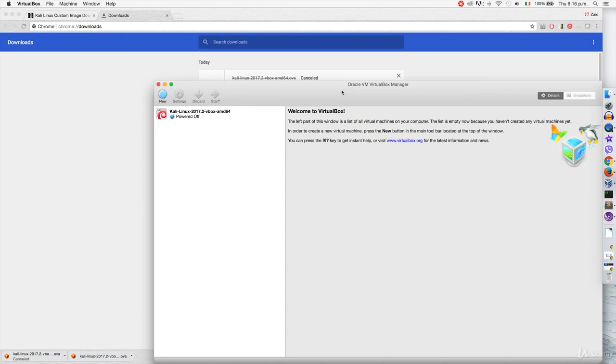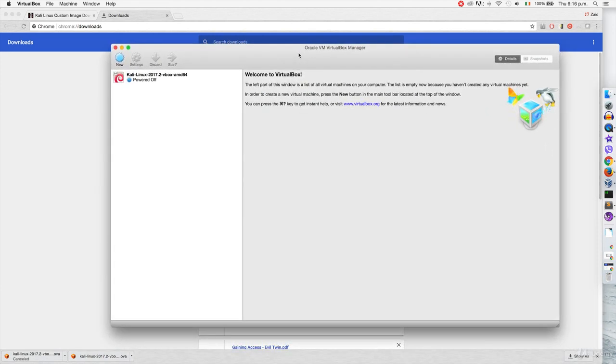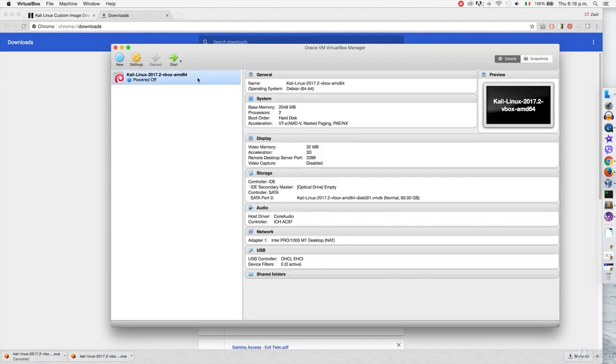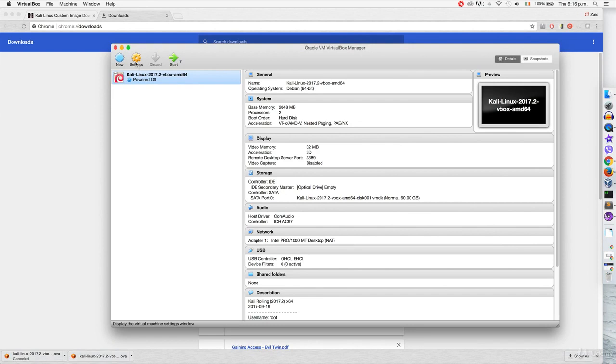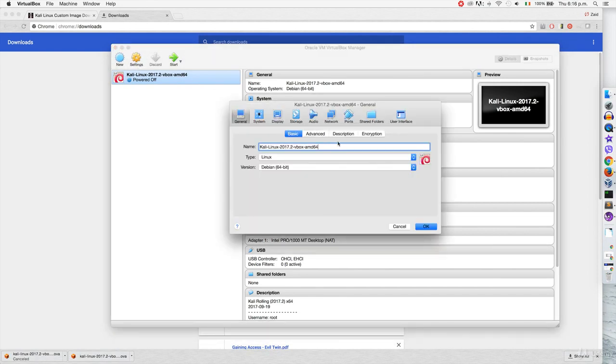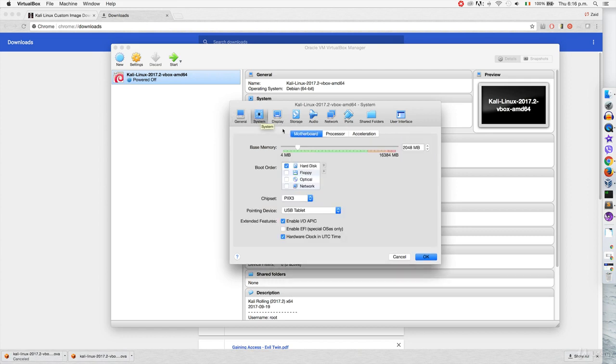Now before I start it, I want to show you how to modify some of its settings. So we're going to click on it, then we're going to click on the settings in here. And the first thing that I'm going to do, I'm going to go to System, and I'm going to modify the amount of RAM it has. Now depending on how much total RAM you have on your computer, you can leave this at 2 if you want. But 1 GB is enough for Kali. I usually leave it at 2 because I have 16 gigs of RAM, but if you have less, 1 GB